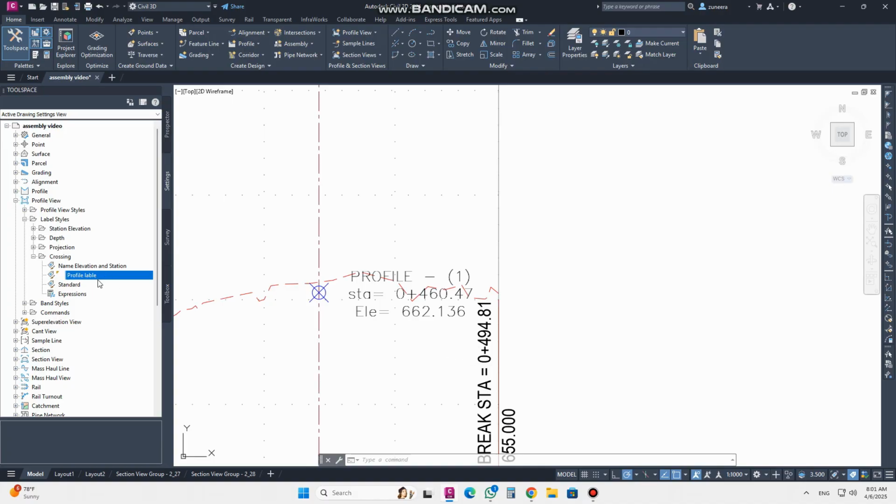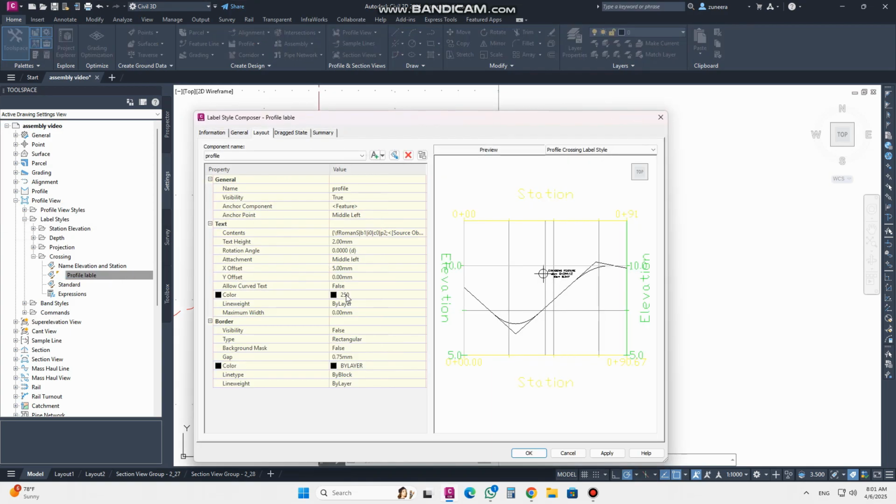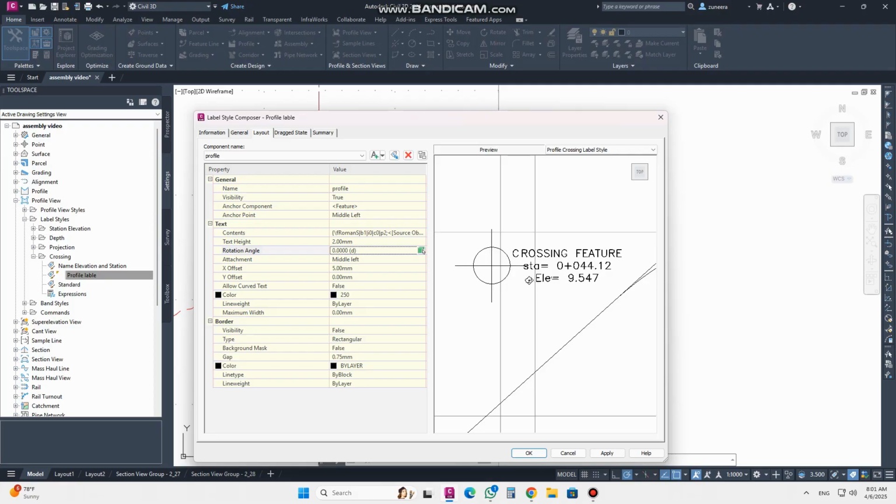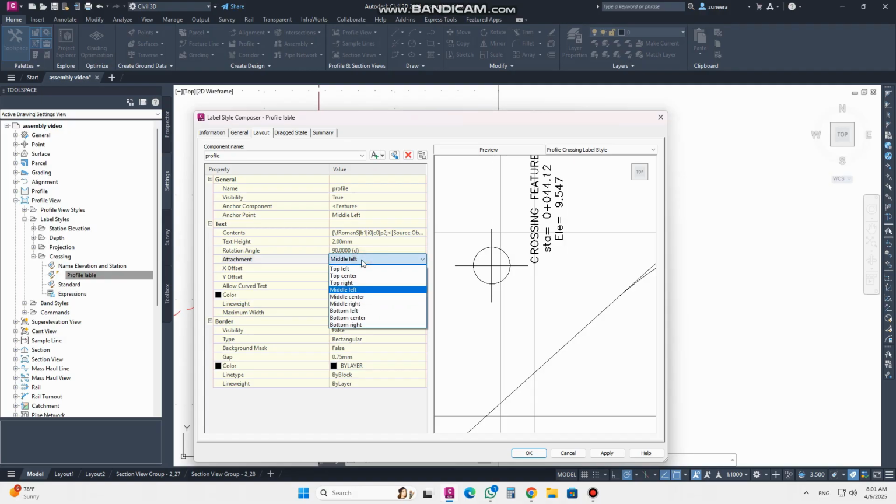Okay, like this you can create the profile style. From here you can adjust the rotation angle. If you want to rotate it, zoom here, you can put the angle here, and it will rotate like this,